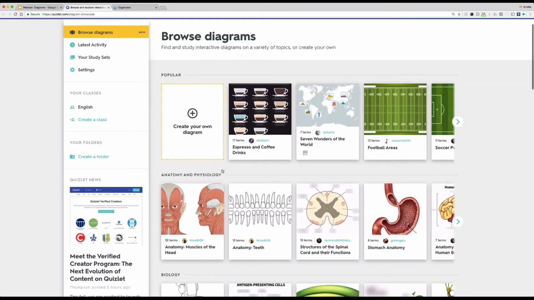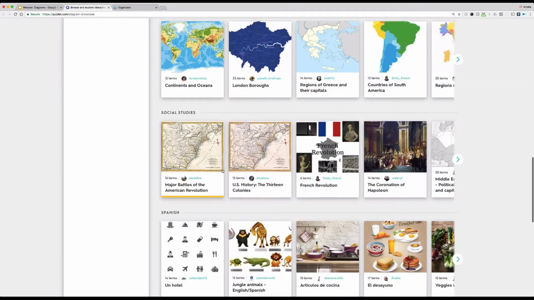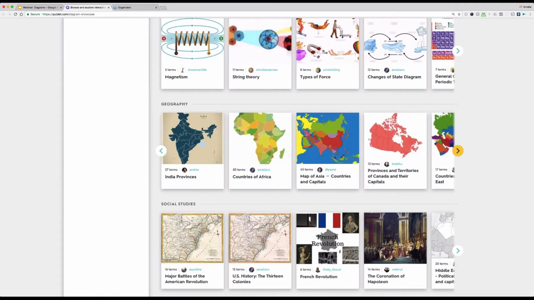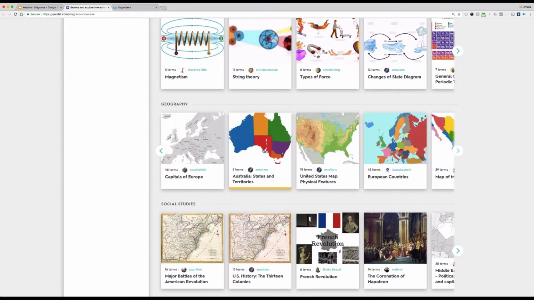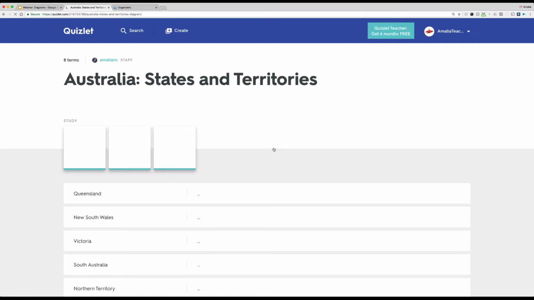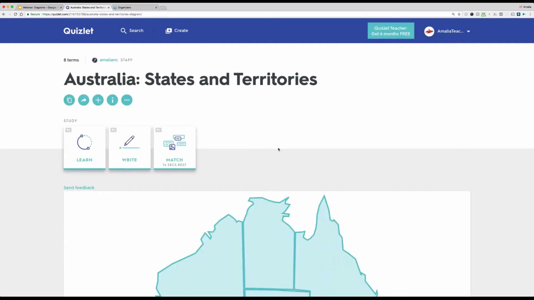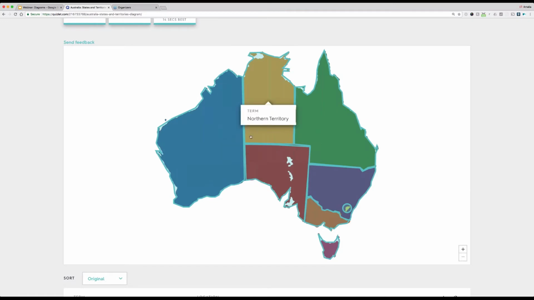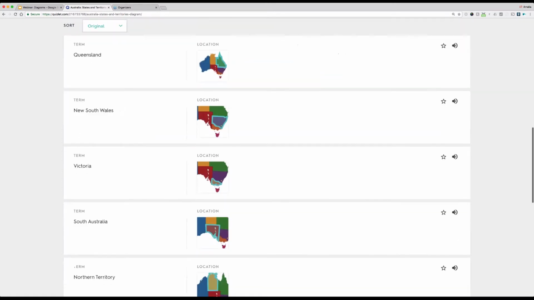So let's go ahead and go into one of these sets. I'm going to use map, maybe the easiest map for me, just so I don't embarrass myself. Let's go into this one. So I've selected this diagram, and you can see, here's my diagram image. I can hover over all of these areas to see, maybe just at a glance, what I'm looking at. And then if I scroll down, I see this list view of my terms and their corresponding locations, which